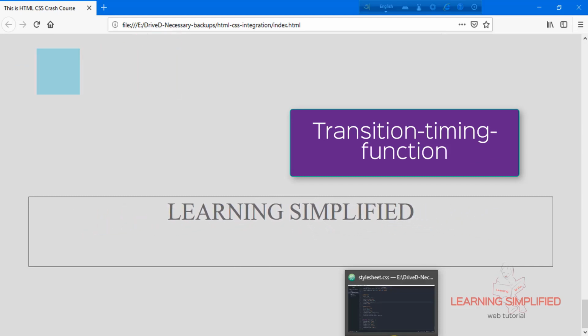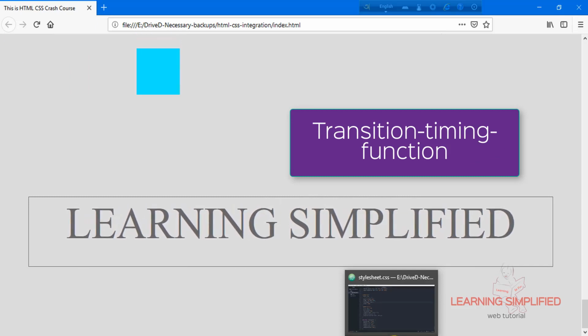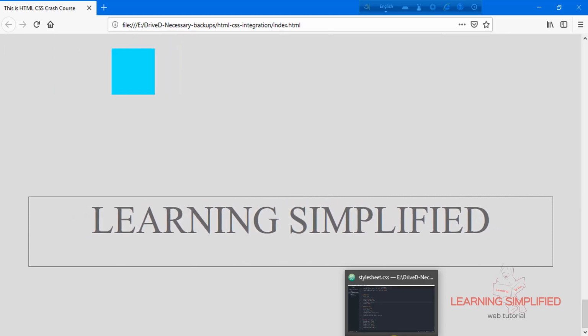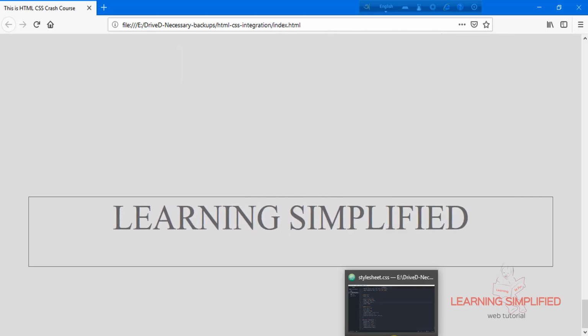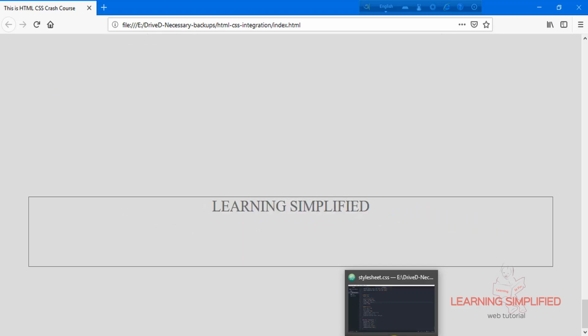Then we need a transition timing function, which defines in which manner we want our animation to run. Should it start slow, then get fast, and then slow down again, or should it maintain a constant speed from start to finish?